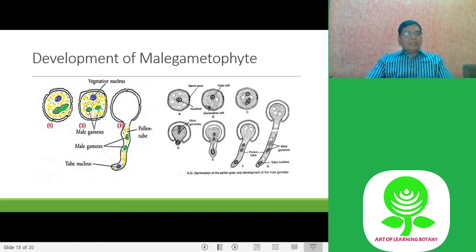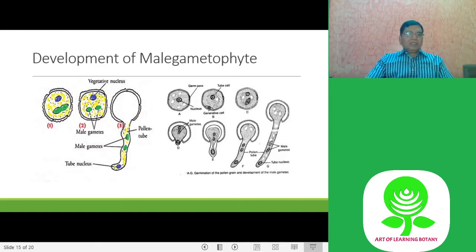Now when they reach the stigma, they recognize whether it is compatible or not, the interaction. We'll discuss that later. So there is a recognition of self or non-self. Then the pollen develops into the full-fledged gametophyte through a pollen tube. If it is a two-celled pollen, then the pollen tube comes out through the germ pore. The tube nucleus comes to the tip of the pollen tube, and the generative cell divides by mitosis to form two nuclei,